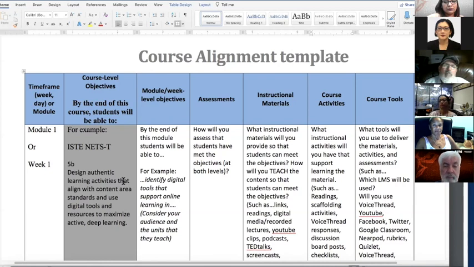So in a face-to-face class, you might do a lecture for 10 minutes and then say, okay, we're going to do pair and share, or we're going to get in groups and do this and that. And then we're going to come back and lecture for another 10 minutes. Well, it won't look exactly like that in an online course, but you can do something very similar. You might have a screencast or some sort of